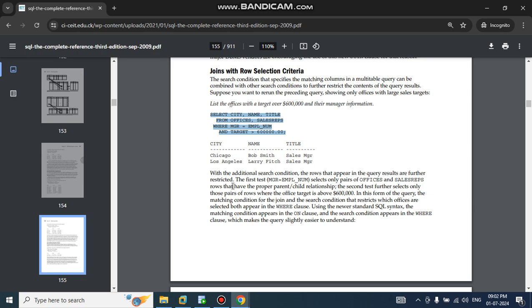Here we can see that with the additional search conditions, the rows that appear in the query results are further restricted. The first, mgr equal to empl num, selects only pairs of offices and sales rep rows that have the proper parent or child relationship. The second test further selects only those pairs of rows where the office's target is above